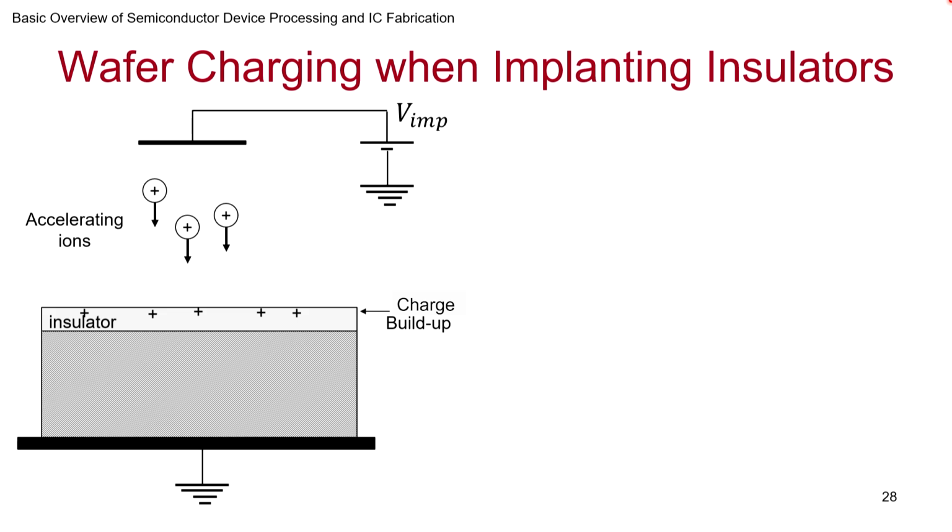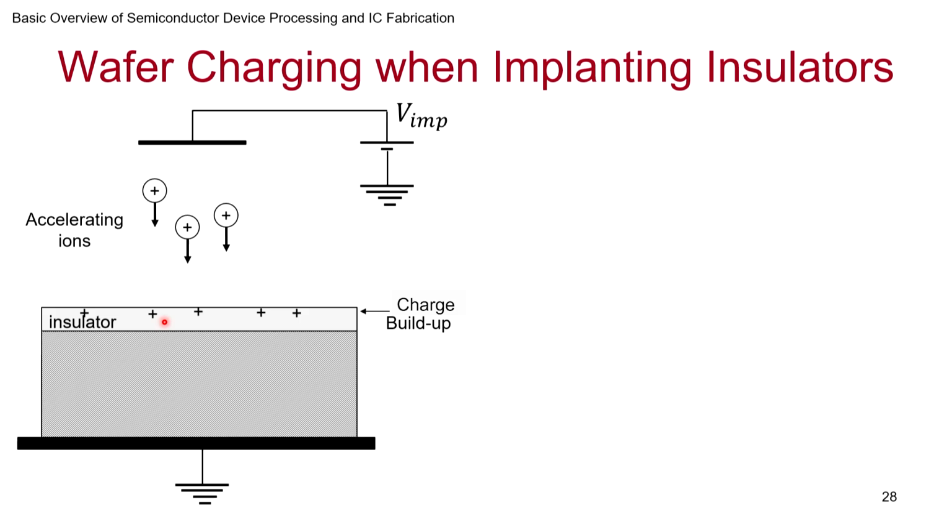Now let us look at wafer charging and when that can take place. I am showing it schematically. You have a wafer here. The ions are accelerating, you have applied a huge potential, so several kilo electron volts is the kinetic energy of the ions coming in and crashing in here. Here you have an insulator. As soon as the ion hits the host, insulator or conductor doesn't matter, it becomes part of the whole system, so the charge becomes part of the whole system.